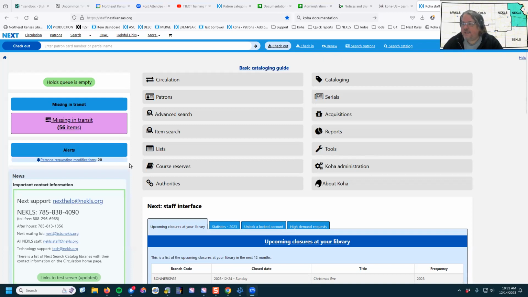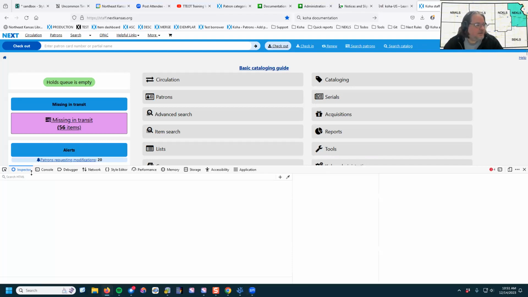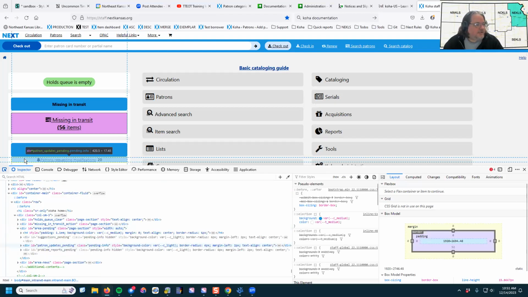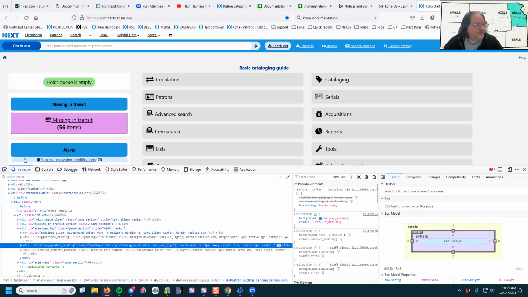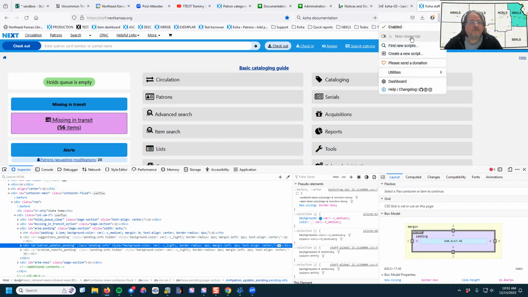But I don't know of a way to get it to go to email also, off the top of my head. What's the selector for that? Patron updates. I don't see any reason that you wouldn't be able to